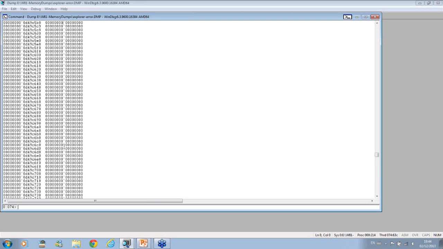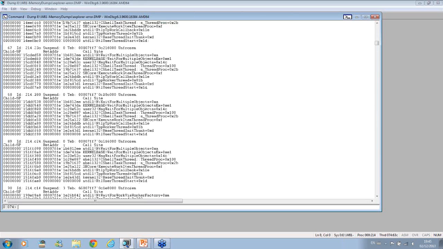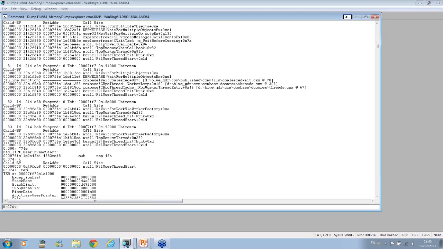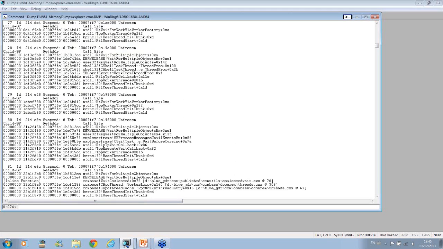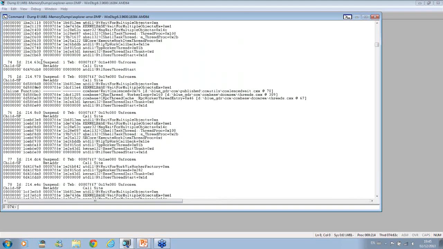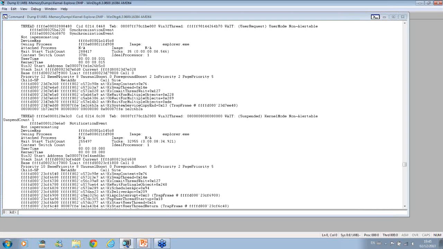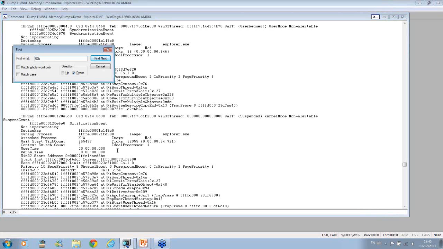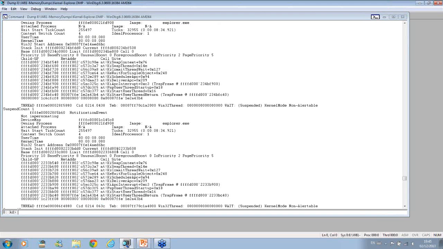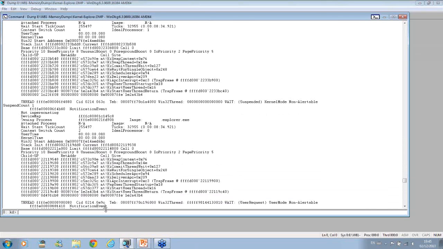And if you find this, so let's see, this thread ID is this one, 63C. So if we go back to the kernel dump and search for this thread, we find out that this is actually in kernel space, and this is a suspended thread, and it seems it just started and was suspended. So there are some threads in File Explorer that are started in suspended mode,